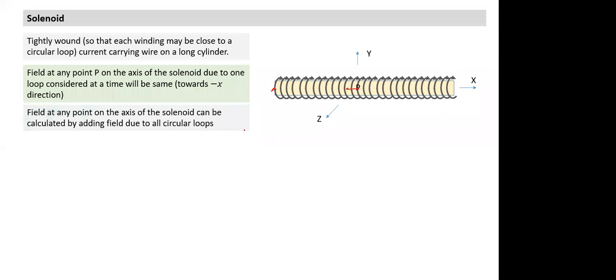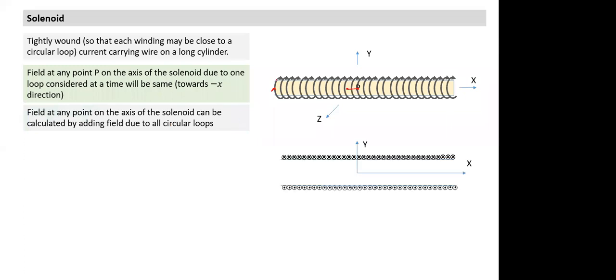How do I add it up? If I take a cross section, this is in 3 dimensions. So which is the cross section? This is the cross section I am taking. This is the XY plane. So I cut this whole loop. This is the XY plane. When I cut, it will look like this.